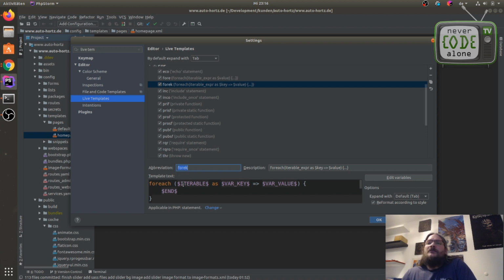When you write foreach with key, you will see here 3 variables. A variable starts with $ and ends with $. You can just define the variables. When you use the same name 2 or 3 times, you will have something like a multi-cursor that writes in different places. And there's a special variable called END, and this variable is the endpoint where the cursor finally is, to start with your own work.